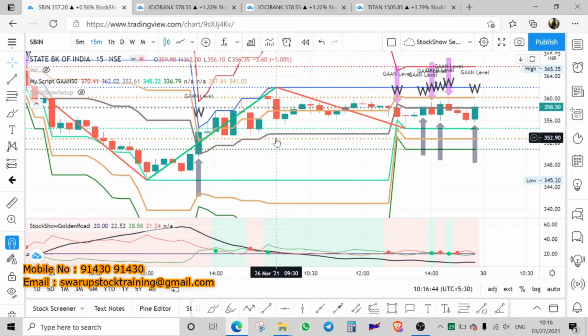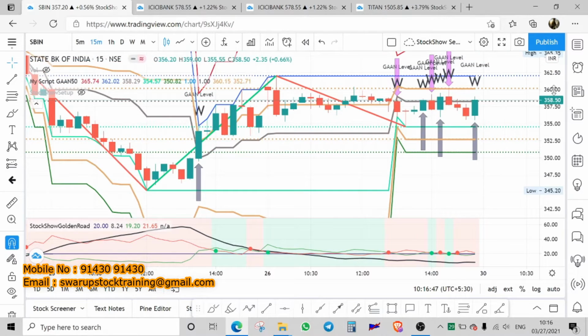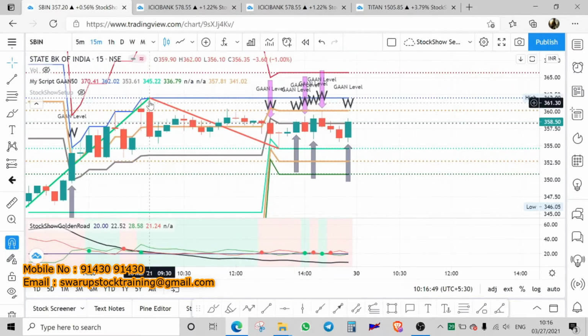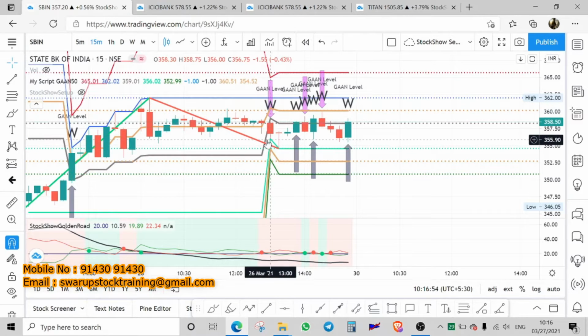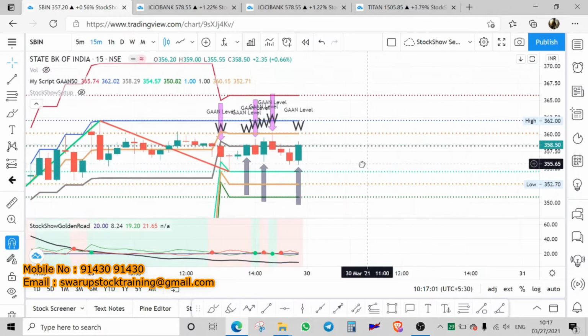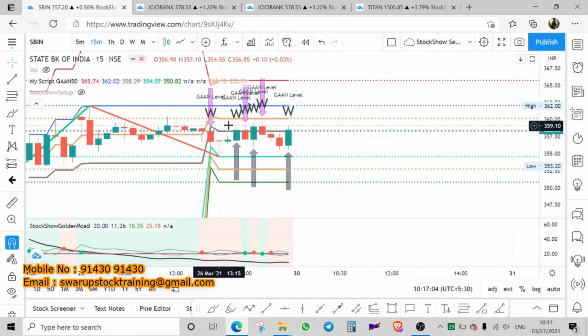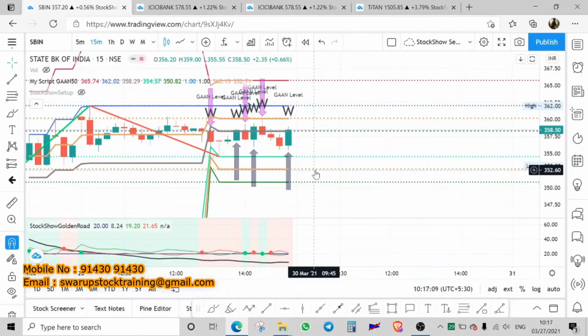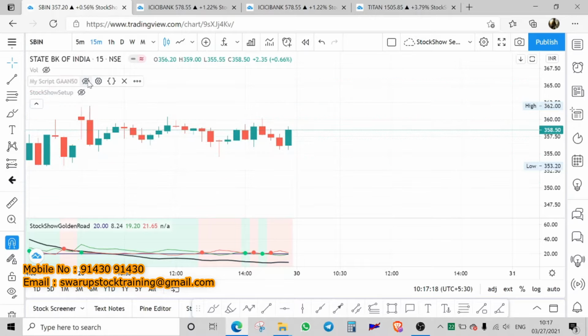So therefore it has certain rules where you can step by step keep on booking profit. See here, up to this it has come, and then it has given a false signal. How to eliminate these false signals, we have our own methodology, and the numbers and levels are here. So we will be able to do it. After back to back buy signal, sell signal, you will not be able to trade this. So when we should be able to trade this, we have a technique and we can do it. I am just showing the power of this particular setup.